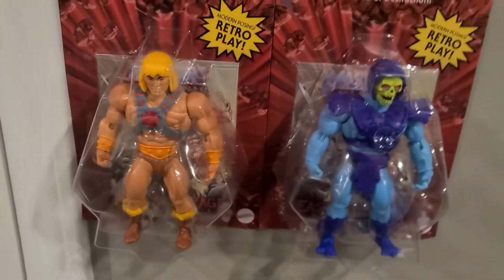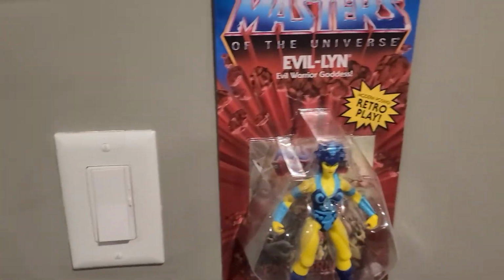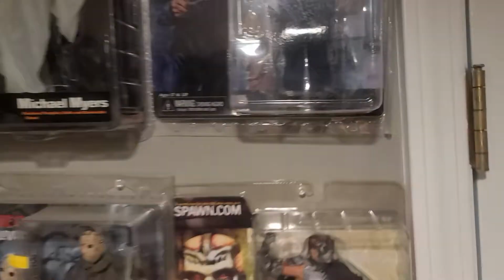I've had these figures since I was a kid. I used to play with them, of course: He-Man, Skeletor, and Evil Lyn. There's still about 3 more, but like I said, I don't think I'm going to go for them. So it's pretty cool. I like it. And right over here,